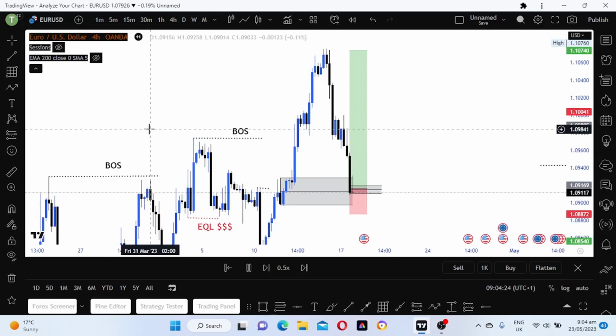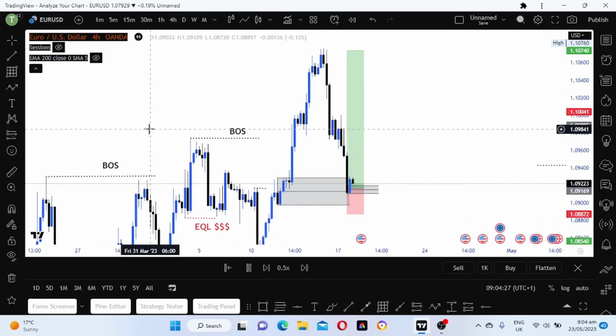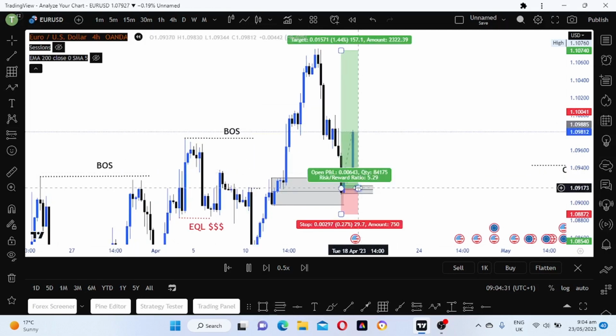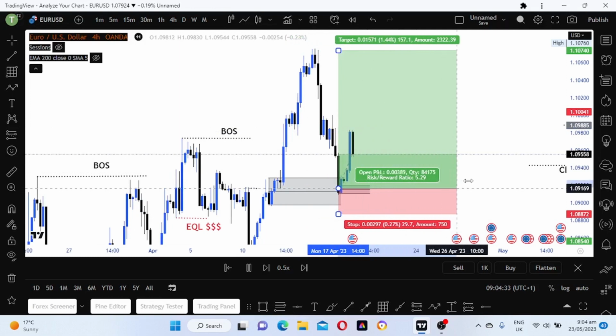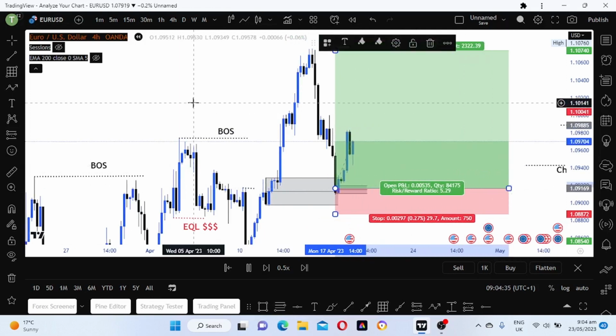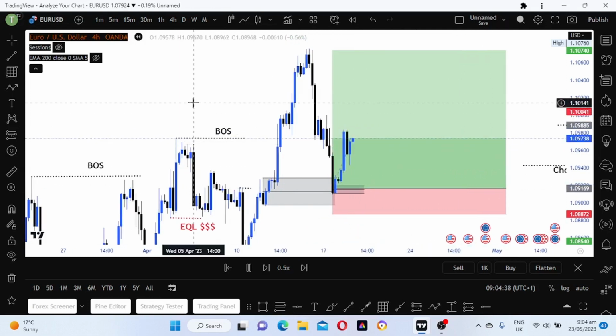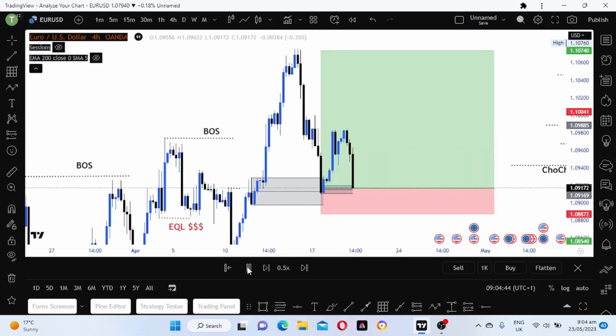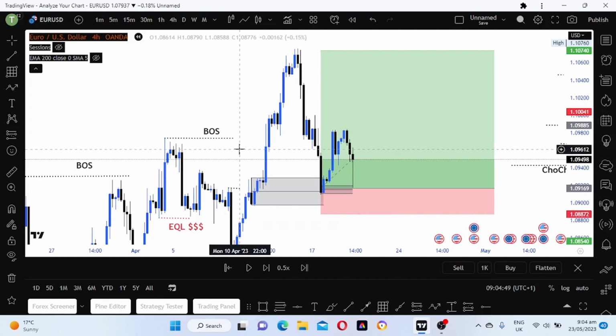As you can see, my buy limit has been activated. My buy limit has been activated, as you can see. Okay, that is my buy limit. That is an aggressive entry. So now, for me to enter on confirmation entry,